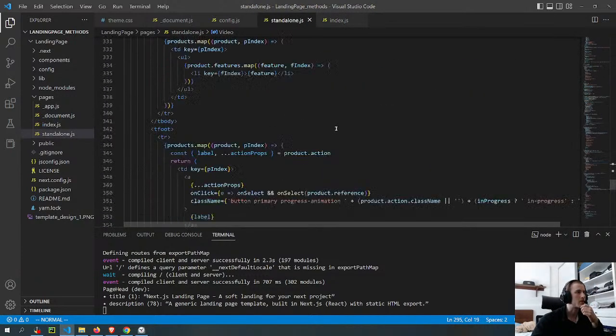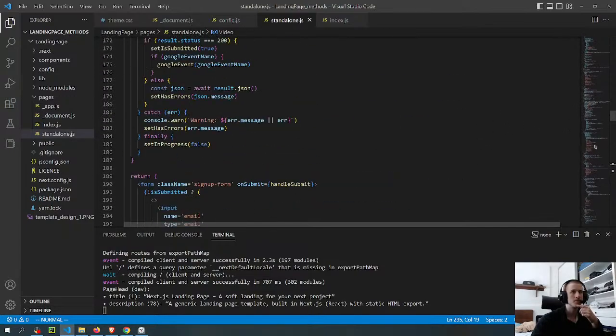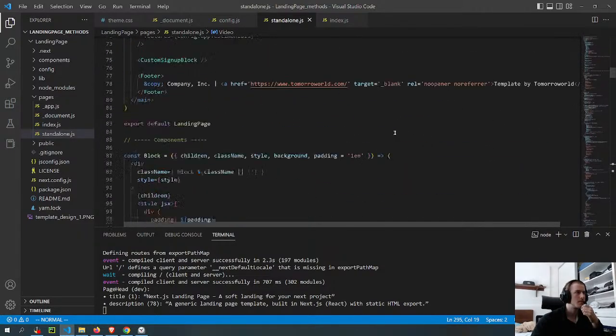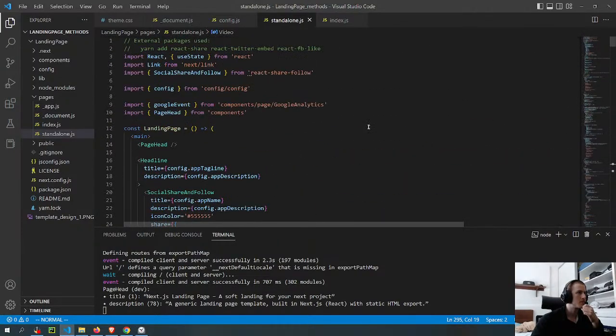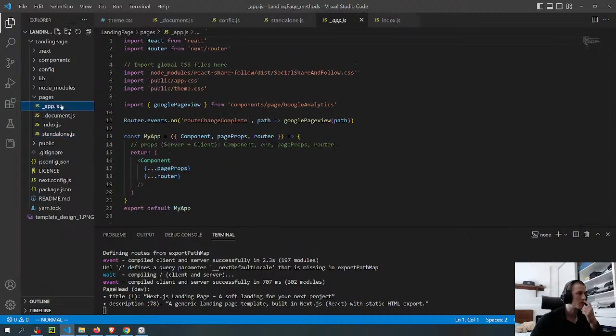So I'm not pretty sure if I understand. Like, where is the connection between the two? Or maybe this is used on the components. That's probably where the connection is. If it's not directly on the index, it has to be like that. Or maybe it's here.